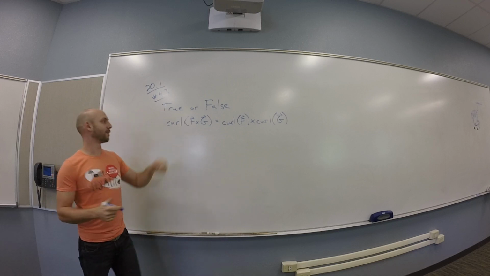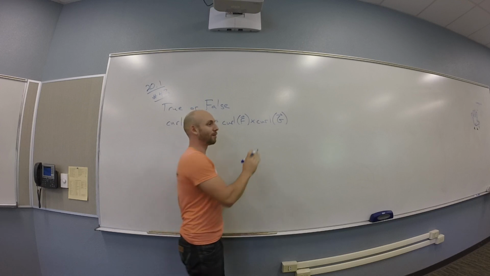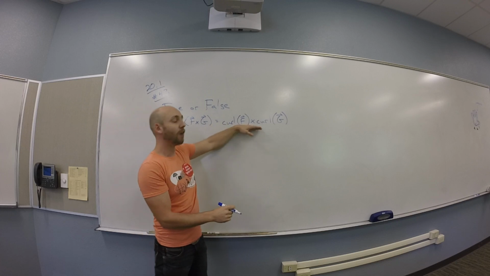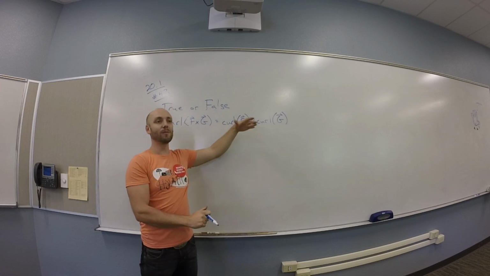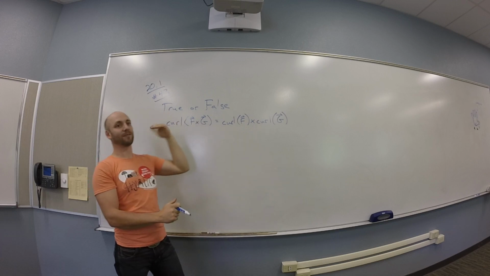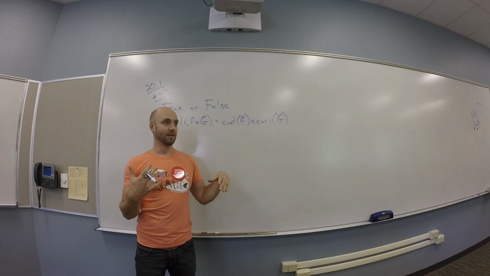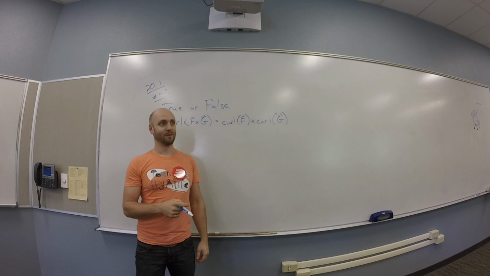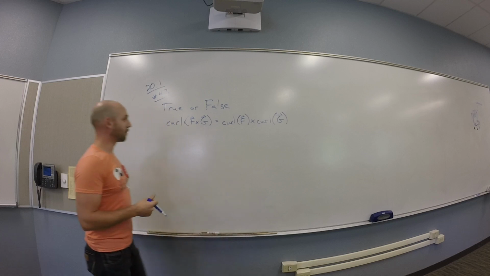Like if this problem had said true or false, the curl of the cross product is the dot product between the curls, then I would be like, hey, this thing's a vector field and that thing's not, so we could stop, right? But as it is, I have to do something else. What else do I have to do? You have to figure out what these two end up equaling. Yeah, I think maybe we should